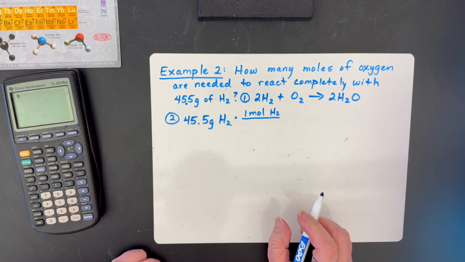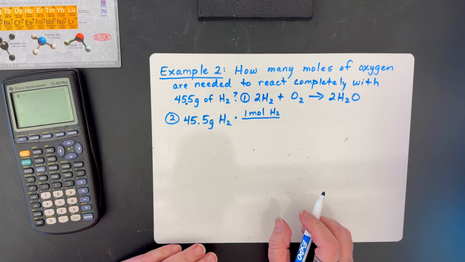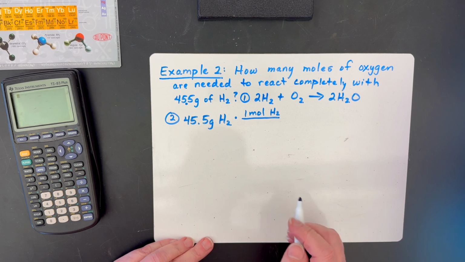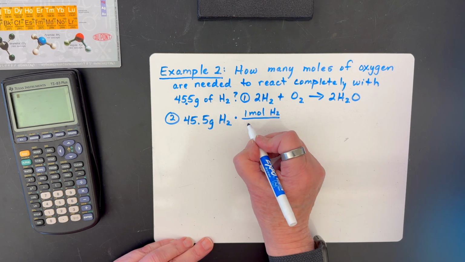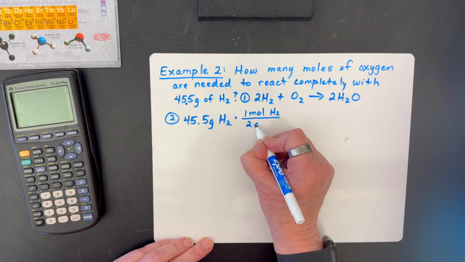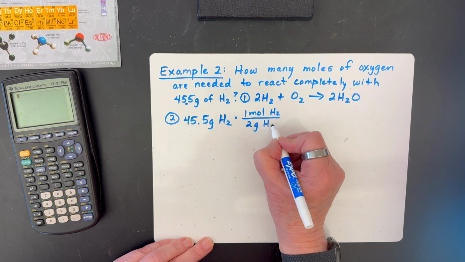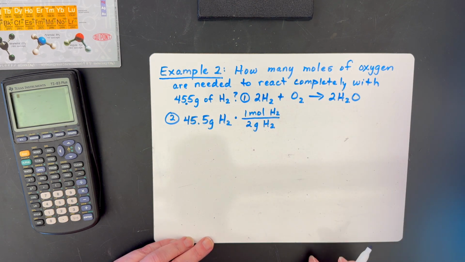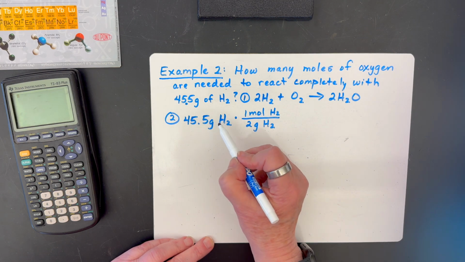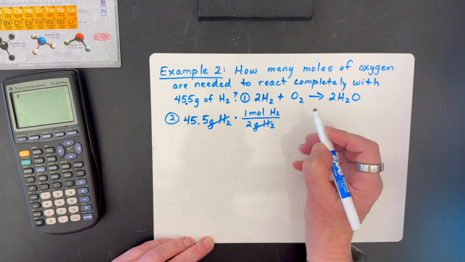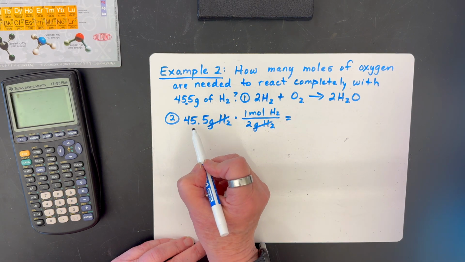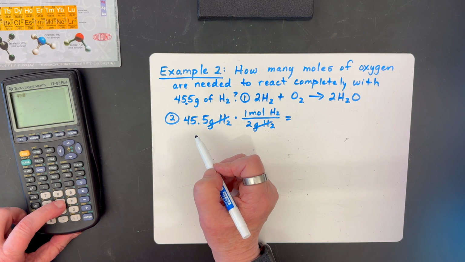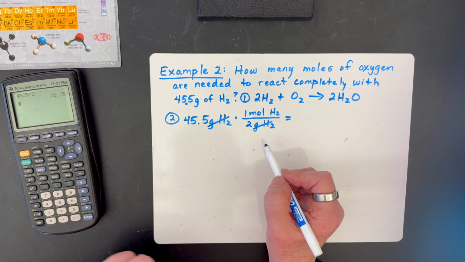Hydrogen has a mass of 1 atomic mass unit, or grams per mole. And since it's H2, it's going to be 2 grams in 1 mole of H2 gas. This unit cancels, and we're left taking 45.5 divided by 2, which is